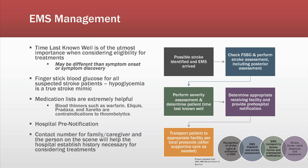However, commonly what we see are people going to bed, they're last seen normal before they go to bed, and they wake up with stroke symptoms. In this scenario, time last known well and symptom onset or discovery are two very different times. So it's very important to indicate the time last known well or last seen normal as a part of your handoff to the